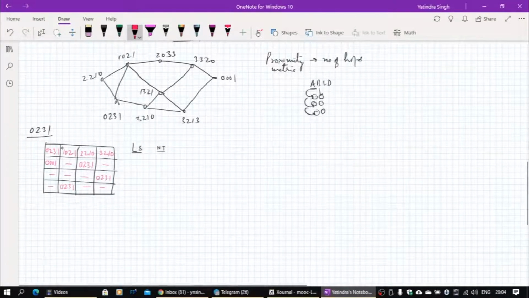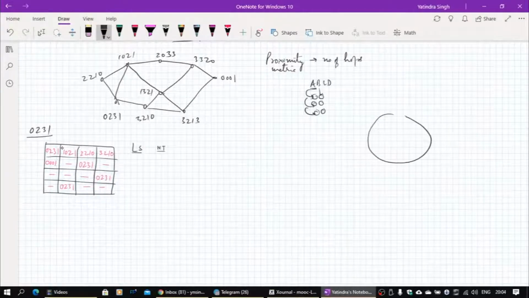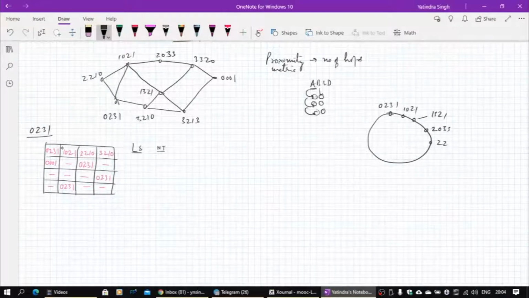The leaf set entry now, we can also put them in a circle and then see how they look. Okay, so this is going to be say 0, 2, 3, 1. The next entry has to start with 1, so this will be 1, 0, 2, 1. The next entry will be 1, 3, 2, 1. After that we will have entries with 2, so it will be 2, 0, 3, 3. Then you have 2, 2, 1, 0. All entries with 2 are exhausted.